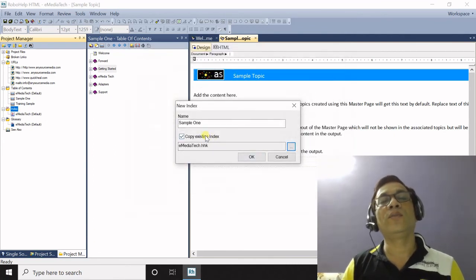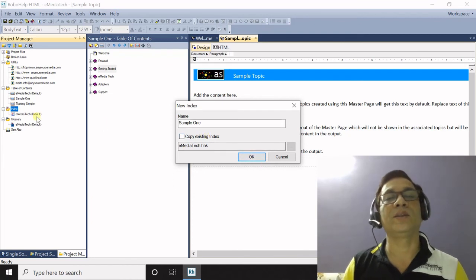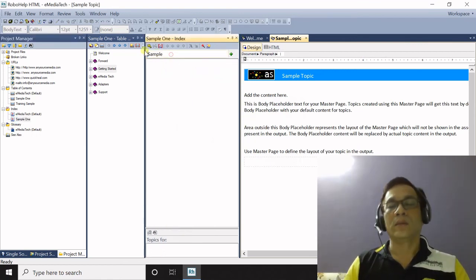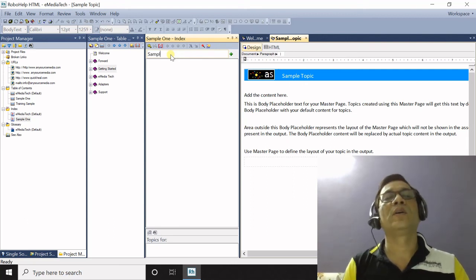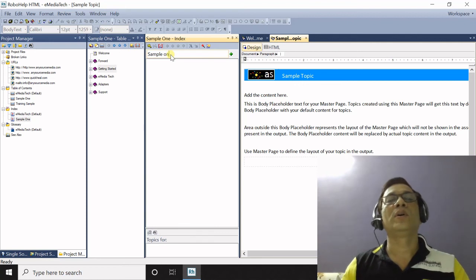If you are importing, then this will be added here in this list, but here I'm going to add one manually. Now write the index for your topic. So I have added one, then after writing this, click add.